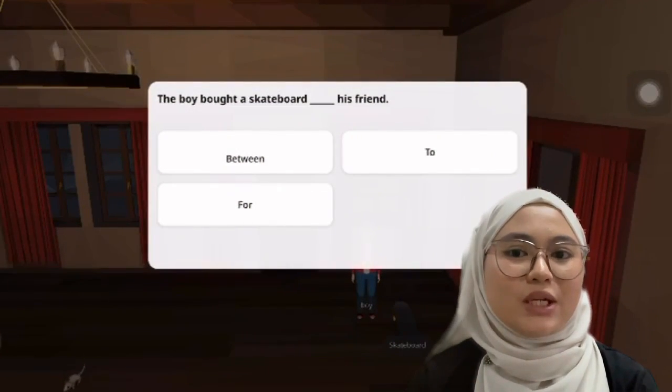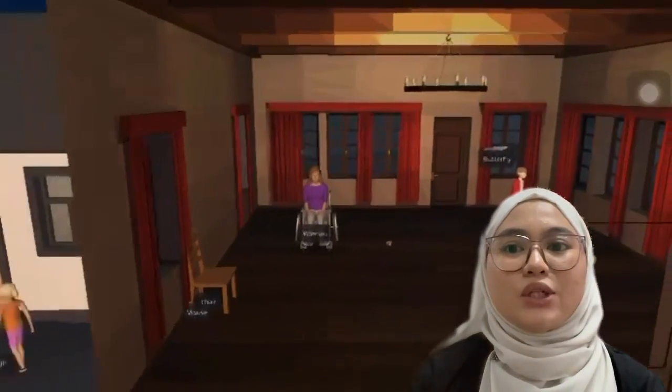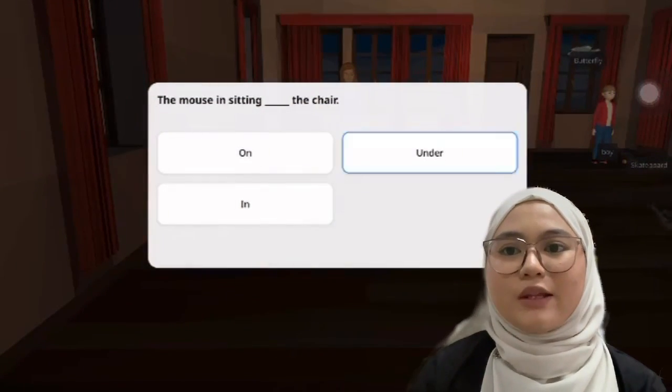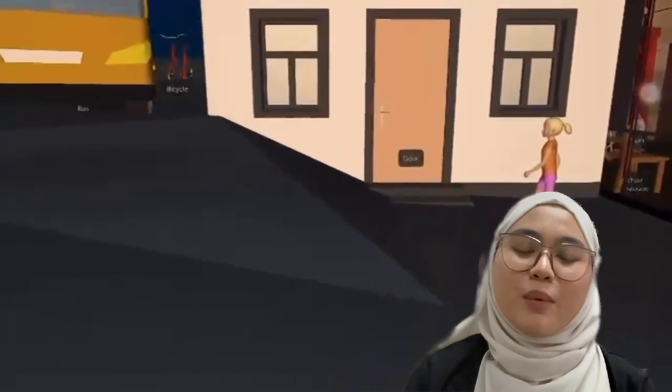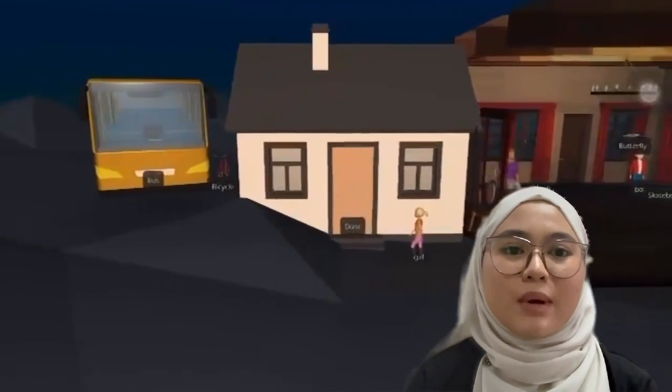So for the implementation, which is during the lesson, I begin with a short video clip and pause it to ask the student like, where is the book, to activate prior knowledge. So then the students move into the first AR room, where they click on furniture objects and choose the correct preposition from the question bubble that I